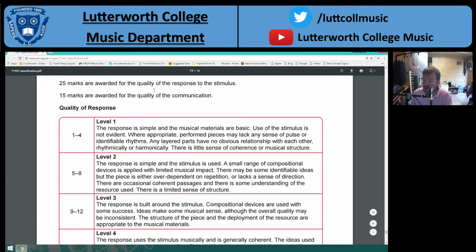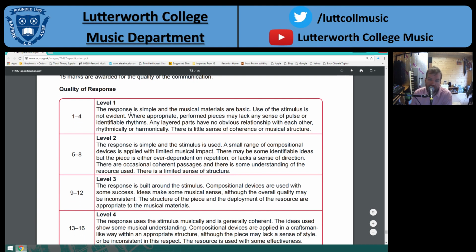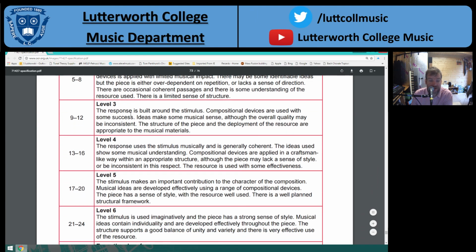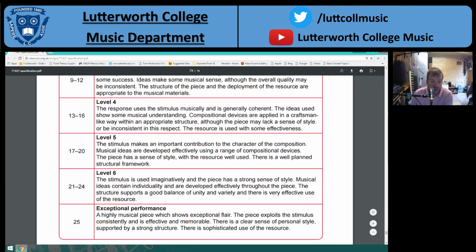25 marks are awarded for the quality of the response. 15 marks are awarded for the quality of communication. We're just going to go through this so you know what they're looking for. This is what they'll be using when they listen to it. So let's say we're on level 5, for